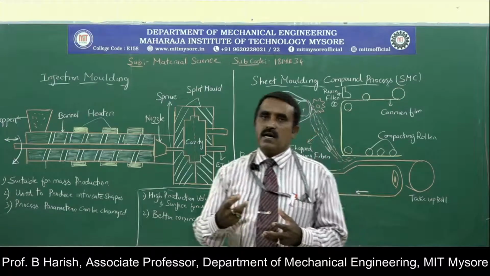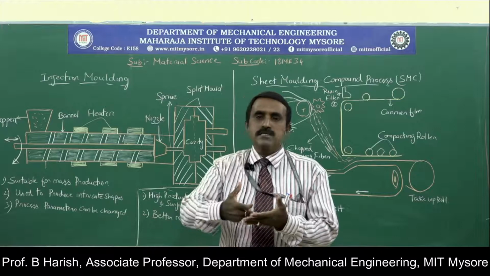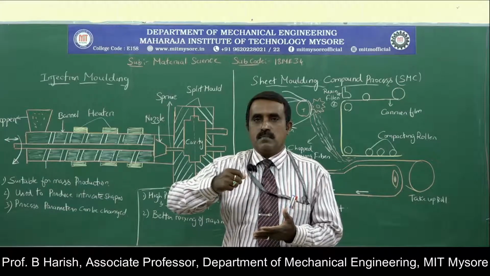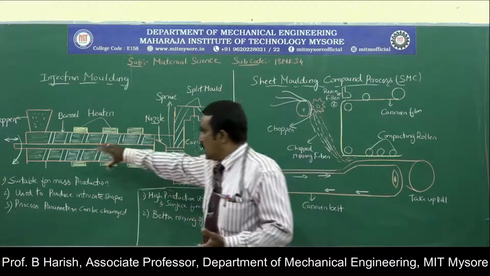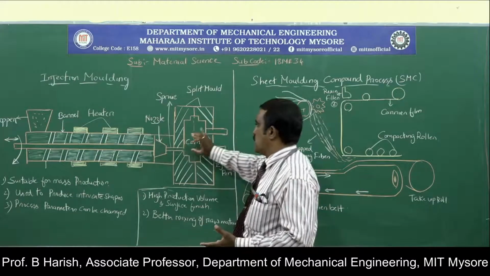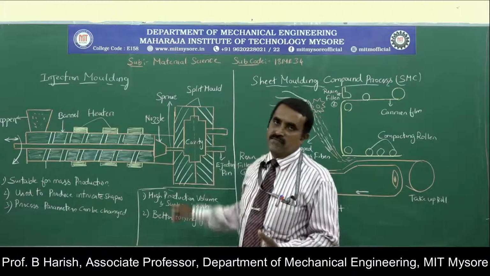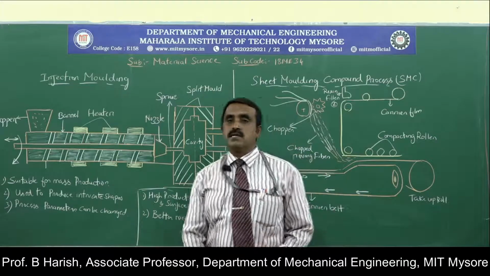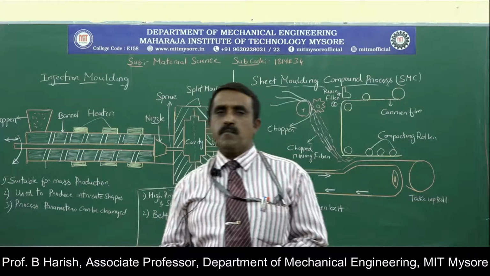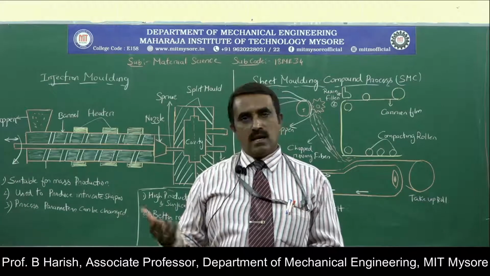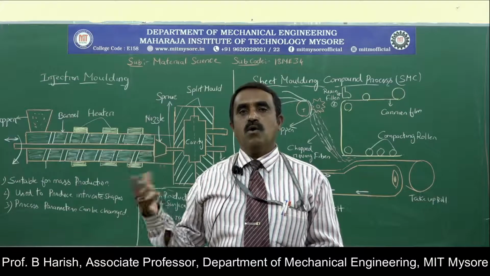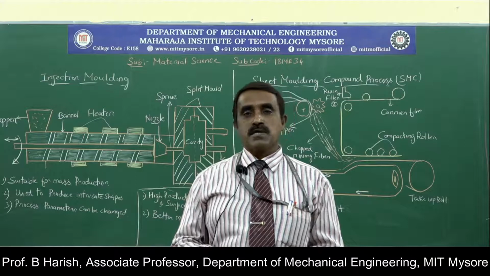The medicine is taken into the syringe and injected into the human being. As the injection is pushed, the piston-like part is pushed forward. Here it is rotated, and the material is injected into the cavity. Hence the name injection molding process. So once we know the different parts of this injection molding process, the function of each part, and how composite material is produced by this method,